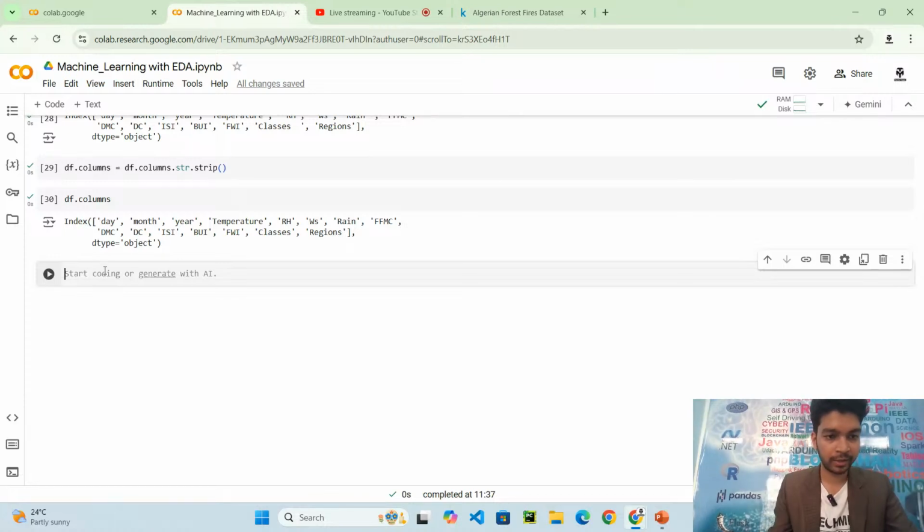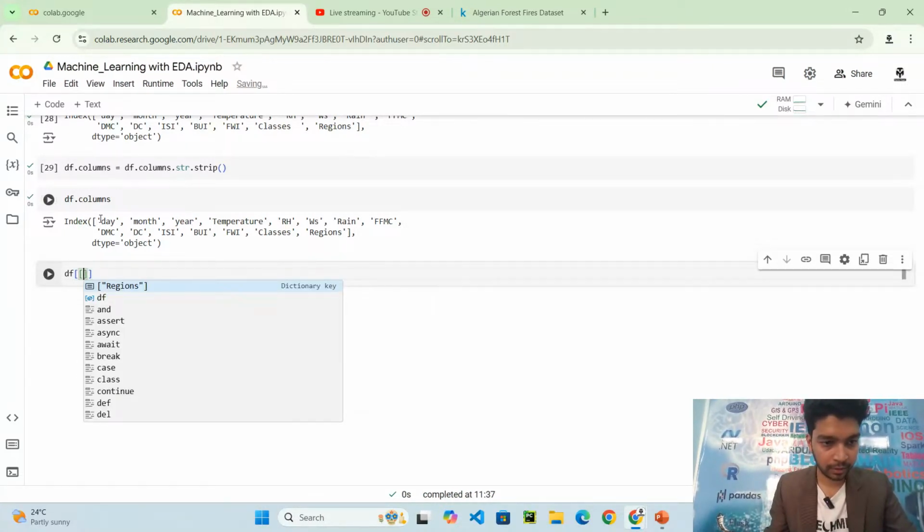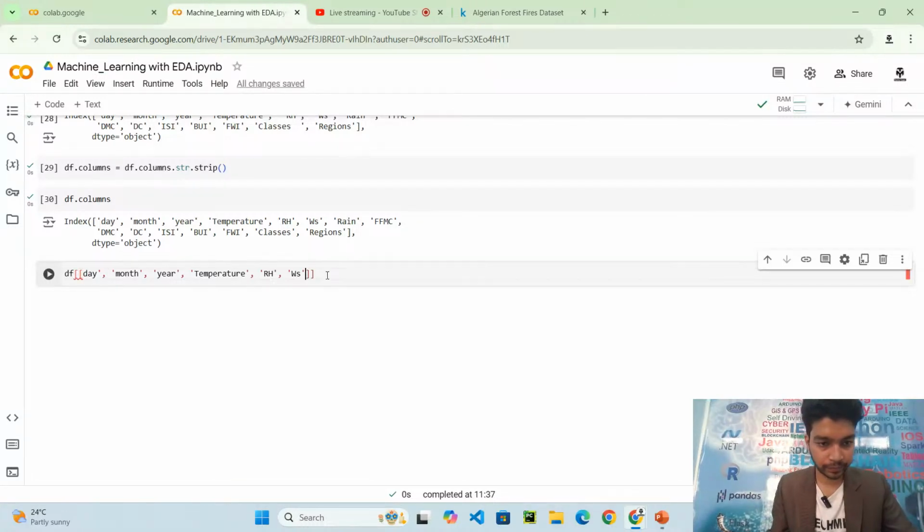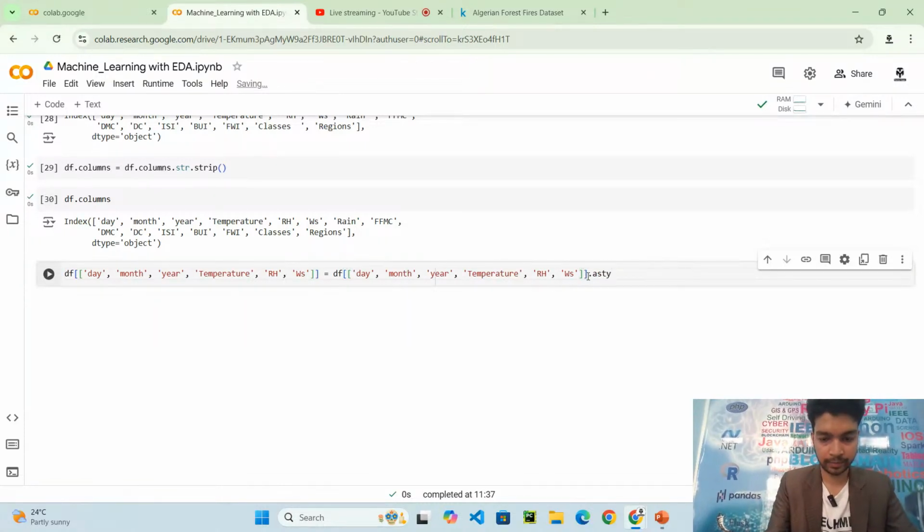So you have to convert these. These are all objects, and you have to convert them into integers. So what I will do, I want up to this column Rain, copy it, paste it. I think everything has been copied. So df equal to df, dot astype, make it integer, and if I run this,